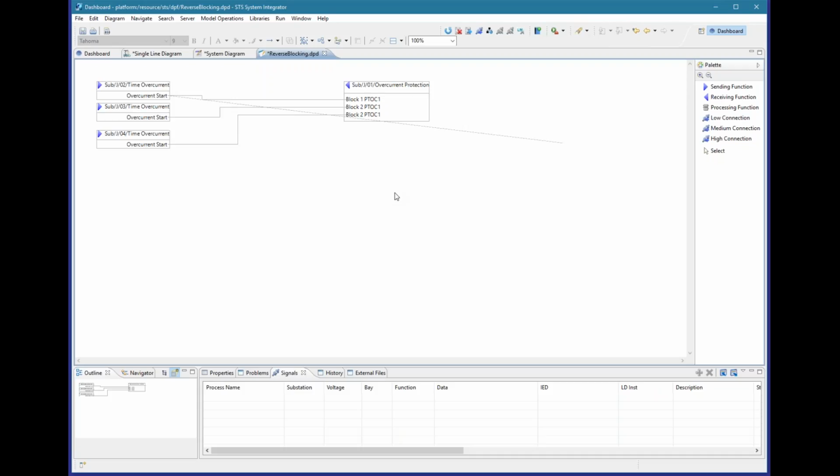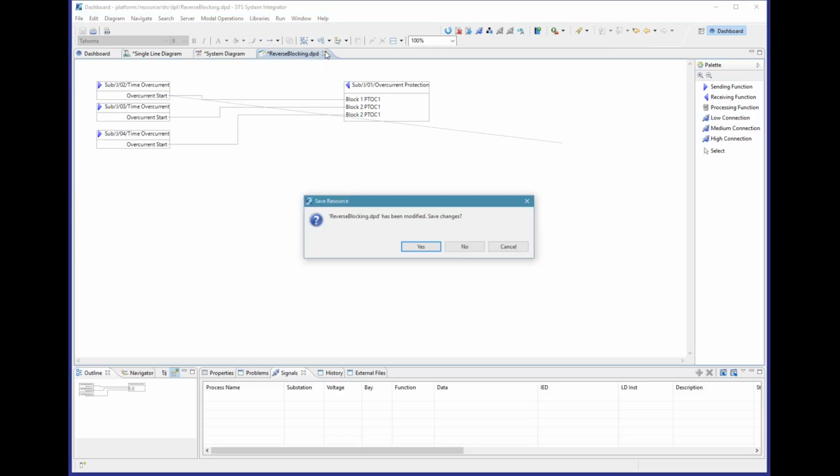Once we have IEDs in the system, HELINKS will automatically, after the appropriate mapping of the logical nodes, calculate the GOOSE messages and create, for instance, external reference entries, so GOOSE subscription entries based on the inputs that we have defined here. I'm closing this editor,